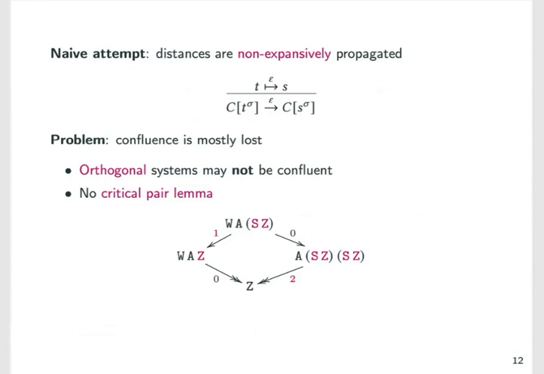But the problem with that is that if we pick that definition, then we lose confluence. I mean, a lot of the time we lose confluence. And that is not just an issue of examples. We really have counterexamples to important proof techniques such as orthogonality, critical pairs, and other things that you find in the rewriting literature. With this definition, in the quantitative setting, they simply do not hold. And in fact, if we look at our running example, we see that with this definition, there is no way in which we can prove confluence. And the counterexample is rather easy.